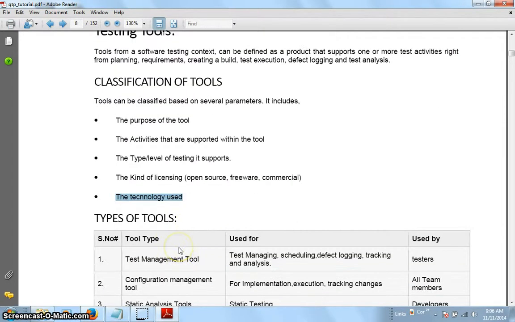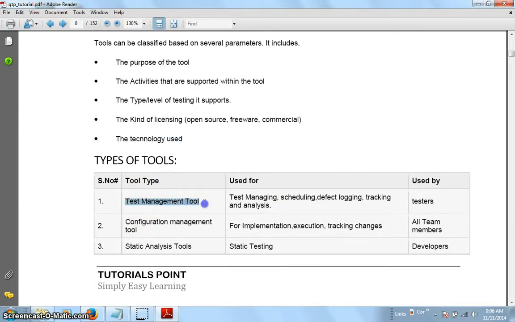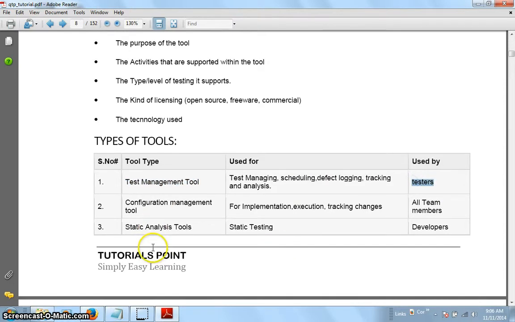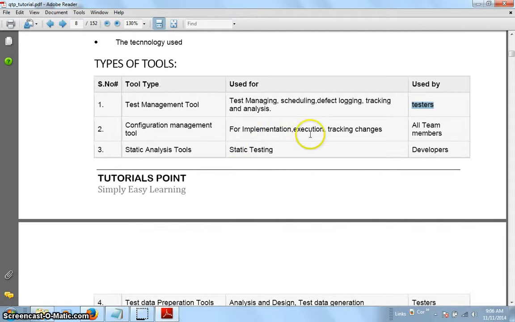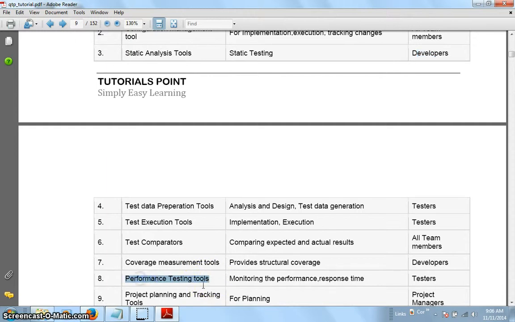Next, in the IT industry we use many tools for day-to-day activities. For example, the test management tool, Quality Center, is used by testers for defect logging, tracking, and analysis. Configuration management tools are for implementing, executing, and tracking changes. Static tools are basically used by developers. Performance-based tools, like LoadRunner, are used by performance testers to monitor performance and response time.